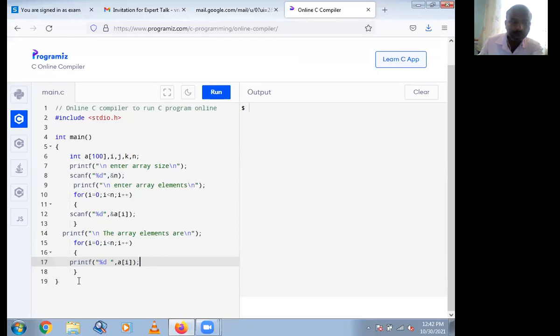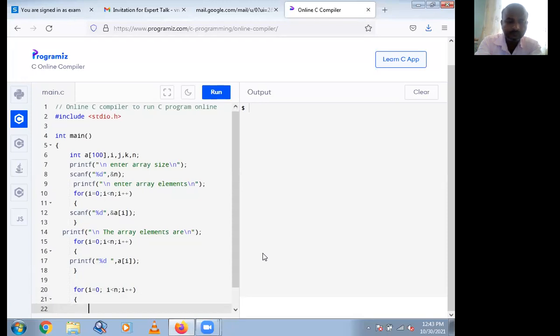So for ascending order, here write for i equal to 0, i less than n, i plus plus, then for j equal to 0, j less than n, j plus plus.